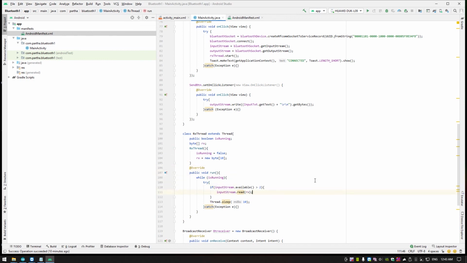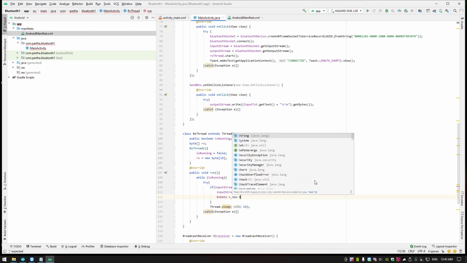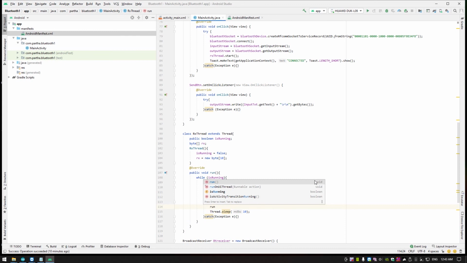It's Rx. Now this Rx data is equal to new string from byte array. So what is our data? Rx. Fine. Now your data is there. Now run on UI thread.